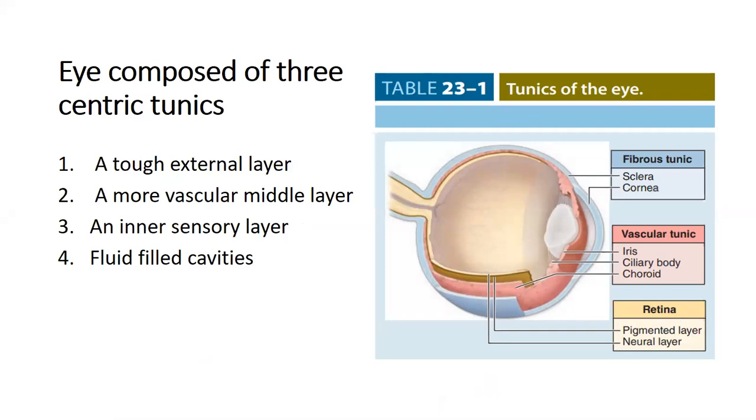As you know, we will study the histological structure of the retina in the next session. The basic structure is made up of neural layers and a pigmented layer. There are other fluid-filled cavities. This is the vitreous humor, and in front there is the aqueous humor. So this is the overall structure of the eyeball.